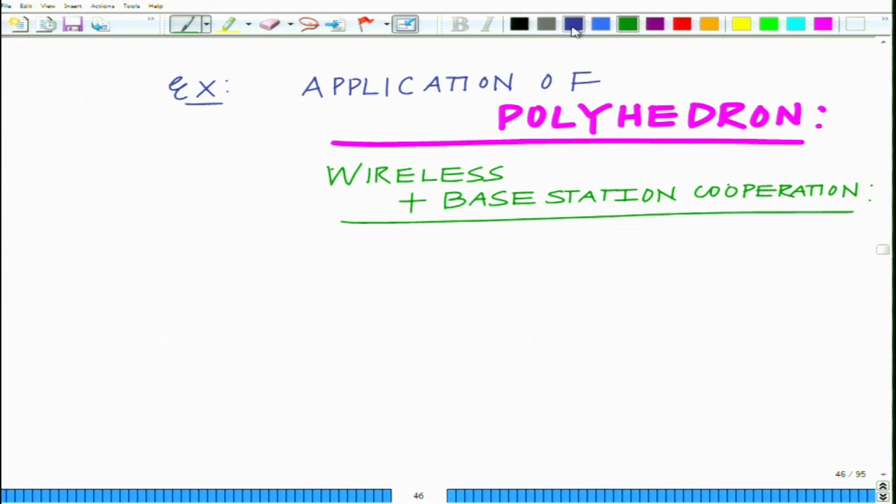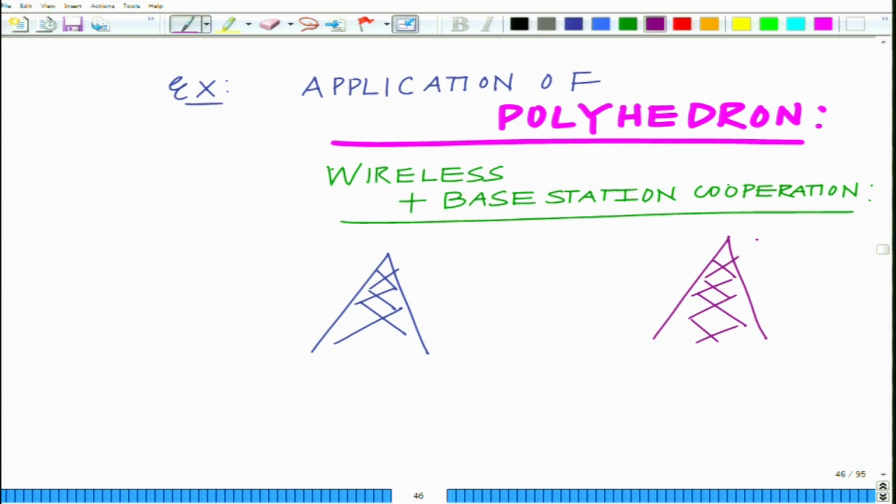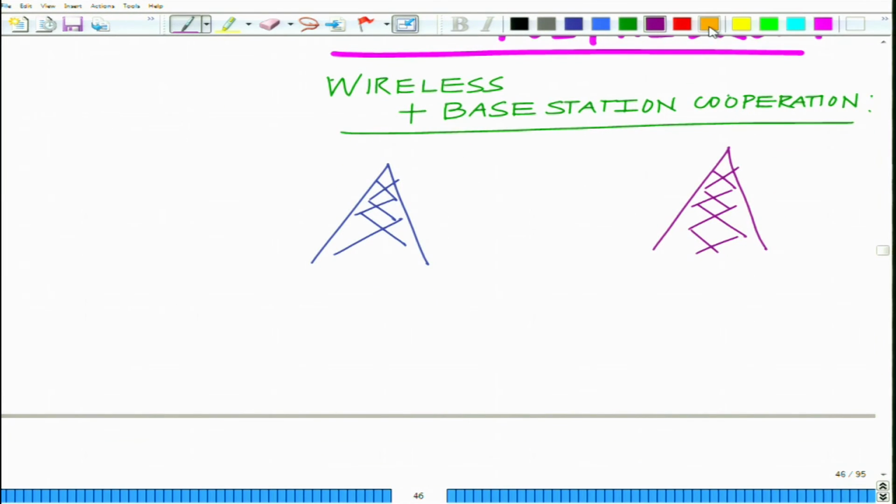Okay. And what happens in this scenario is you have several base stations. Typically, in a wireless cellular network, what happens is conventionally a single base station transmits to a single mobile, but in some scenarios you can have several base stations cooperating to transmit to a single user or a group of users. And this is especially possible if the users are at the edge of the cell or in the region between multiple cells, where they can be simultaneously served by several